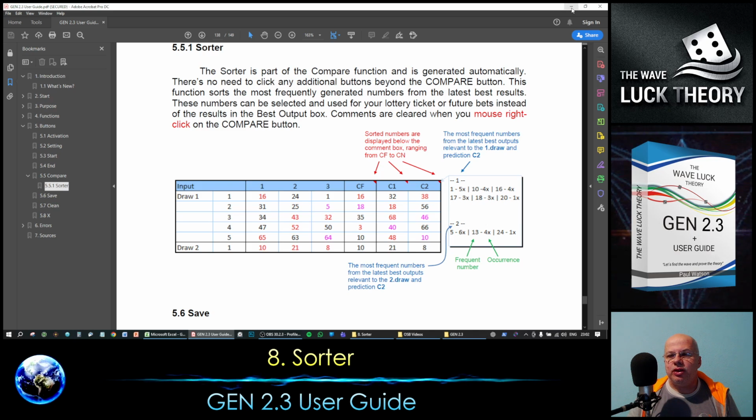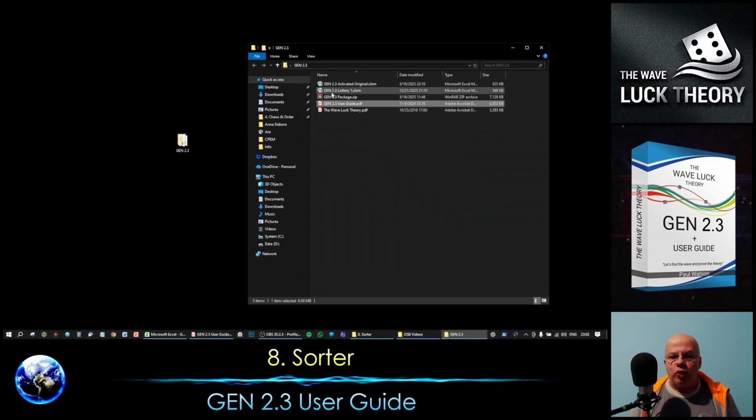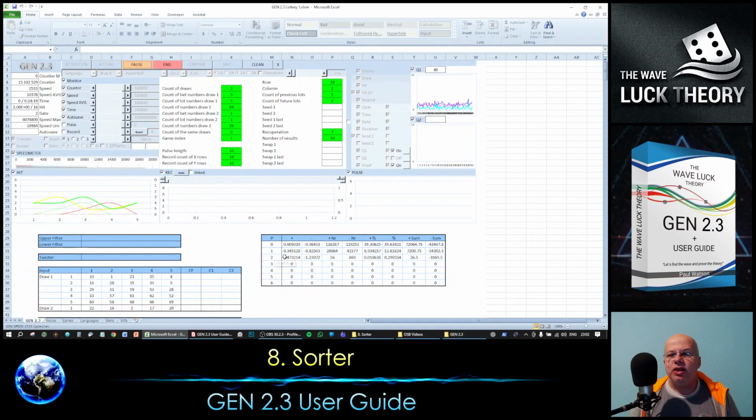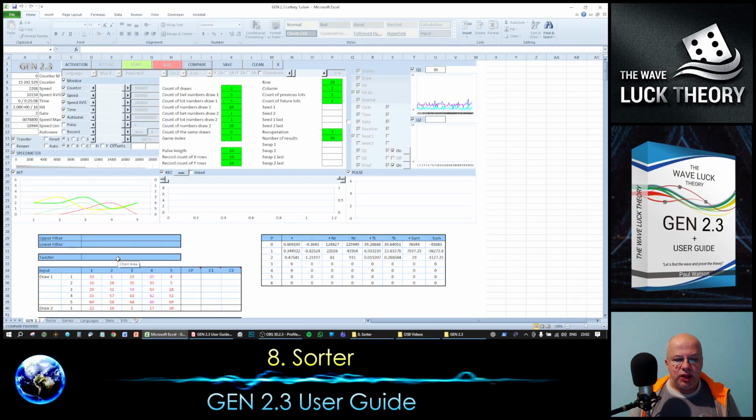Now let's jump directly to Gene. We have the copy of the activated original Gene 2.3 lottery number 1, and I started and prepared this in advance. Currently the Gene is running, and as it's running you see that the compare function is disabled and accessible only after ending the generation. So when it is the right time, just end the generation and click the compare button,